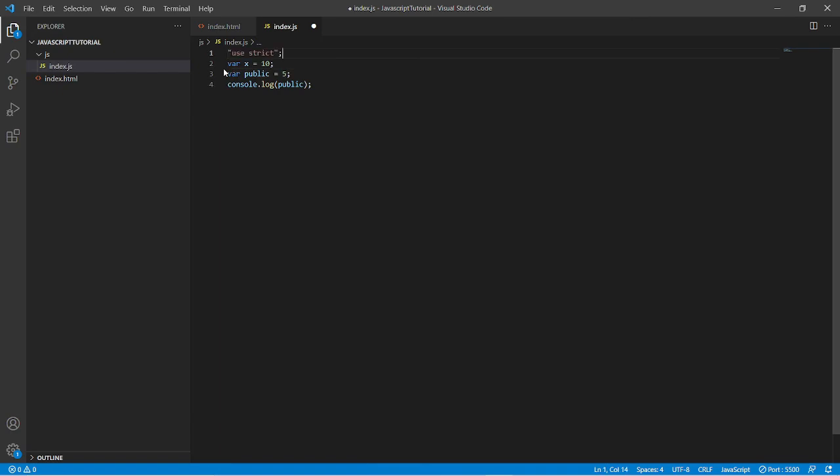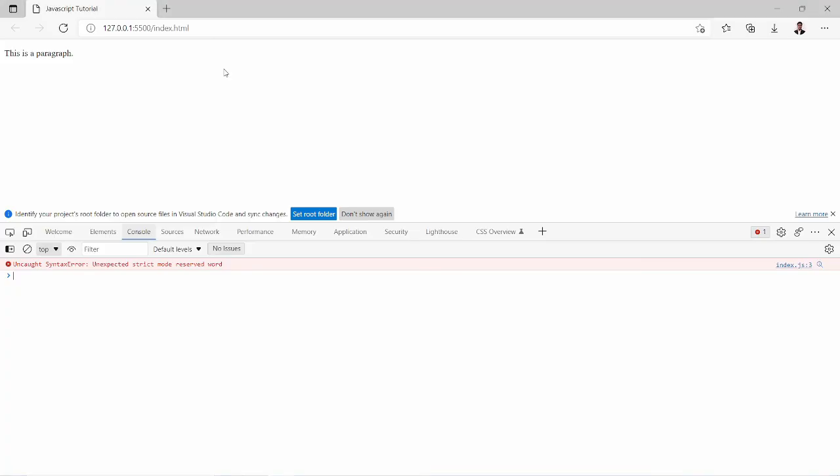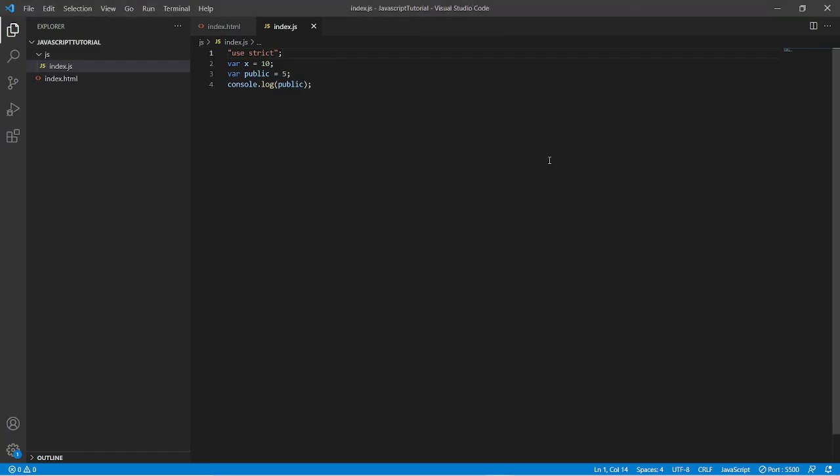So let me put it here, and if I go to the browser again, it will throw that error. So it actually enables the modern way of compiling scripts, right?